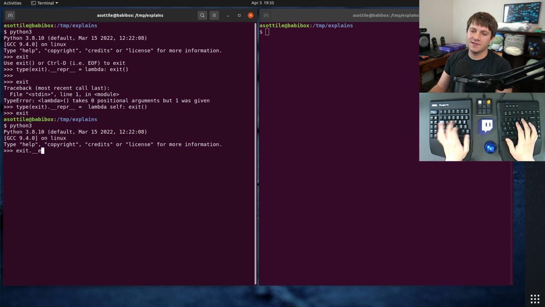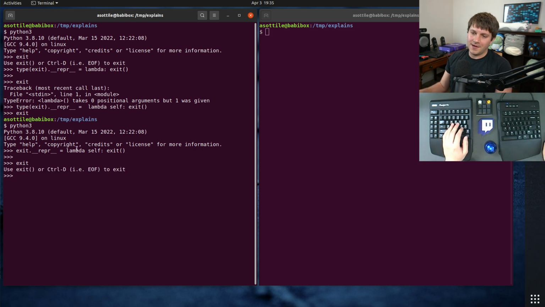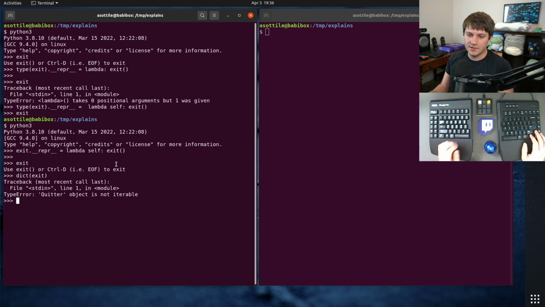Why can't you just do exit.repr equals lambda self exit? Why can't I just do that? You'll see that it doesn't take here. And the reason for this is repr is looked up on the class of an instance, not on the actual attributes of the object. So if we look at double under dict of exit,